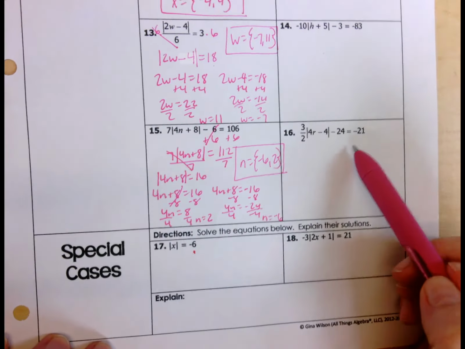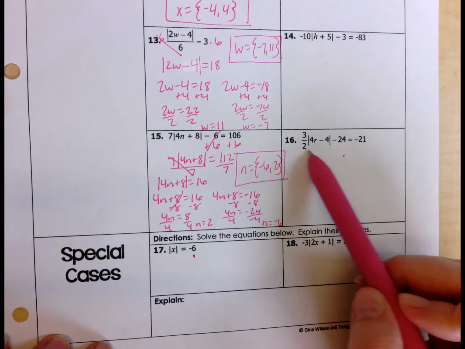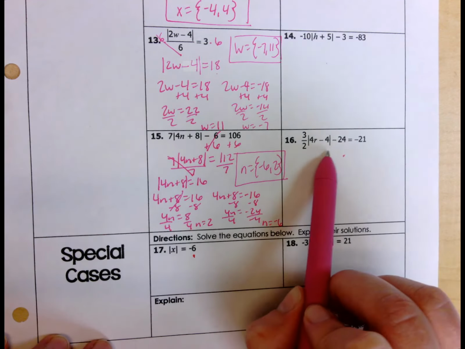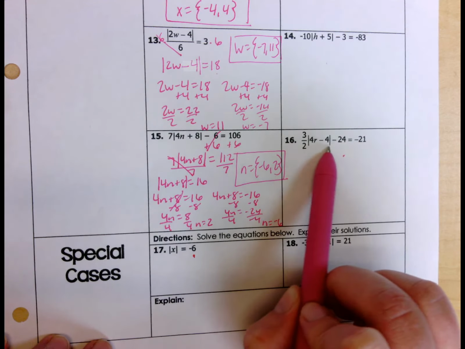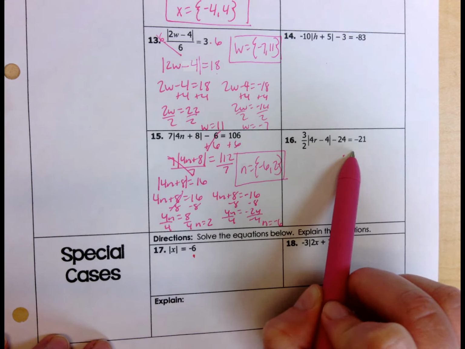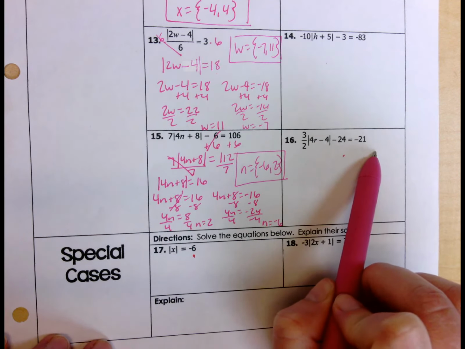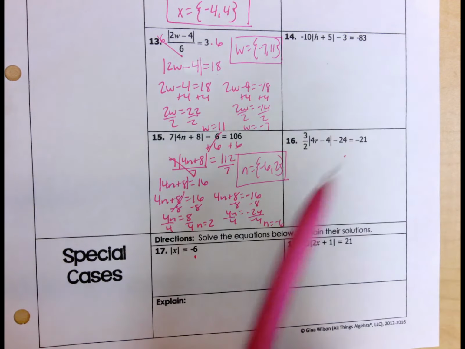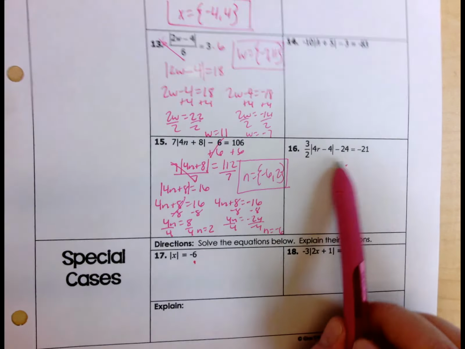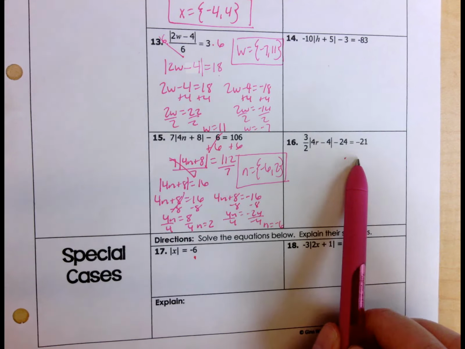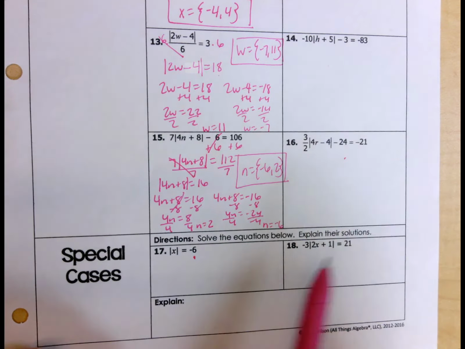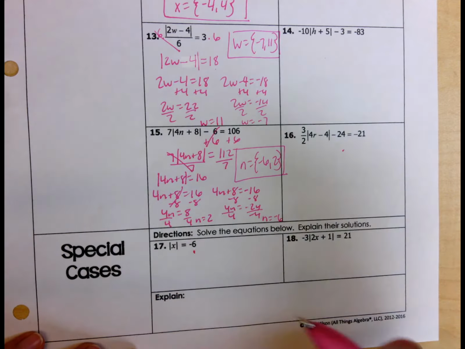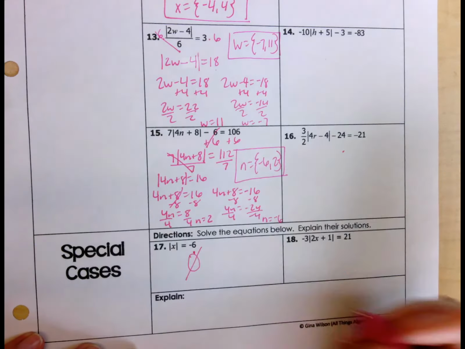So look right here. On this one, you have all this stuff going on, and it's equal to a negative number. When you move everything over and you're left with just the absolute value, if it's still equal to a negative number, it can't work. An absolute value cannot be equal to a negative number. Okay? But in this case, this one doesn't do that. It's still a positive number, and that's how we can go ahead and solve this one. So on this one, you'll notice you can't have an absolute value equal to negative 6. So there is no solution,